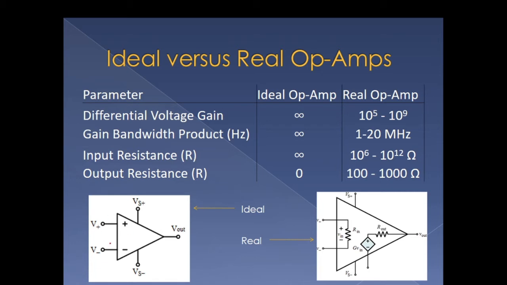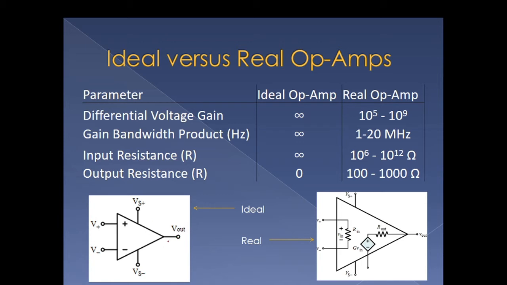This is a block diagram. This is a buffer circuit, just like a buffer. On the front of the buffer we have two terminals. One is plus, the non-inverting terminal. The other is minus, the inverting terminal. Here a dual source is applied: one is a positive source, and here is the negative source. The output is taken across pin number 6 with respect to the ground.